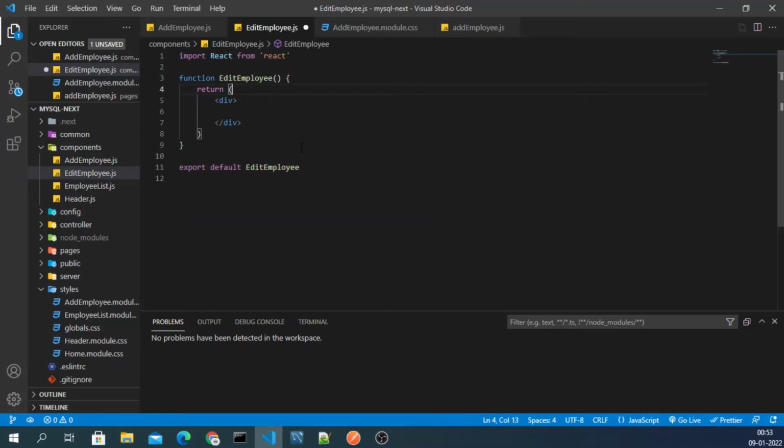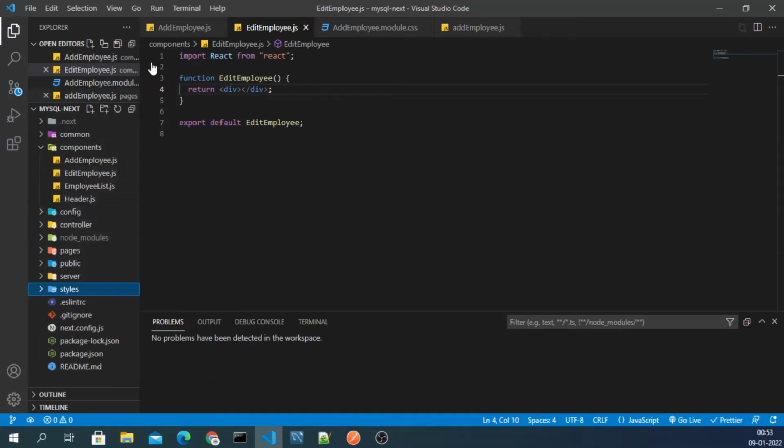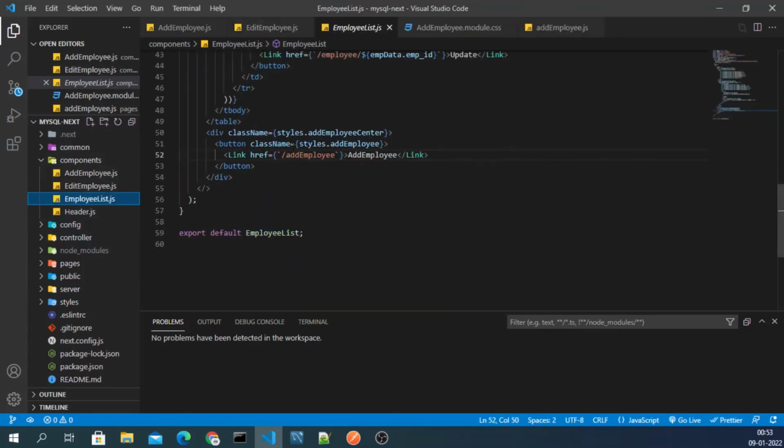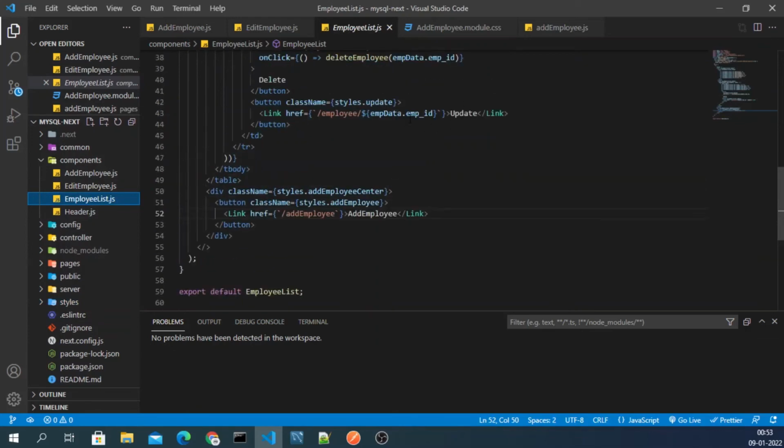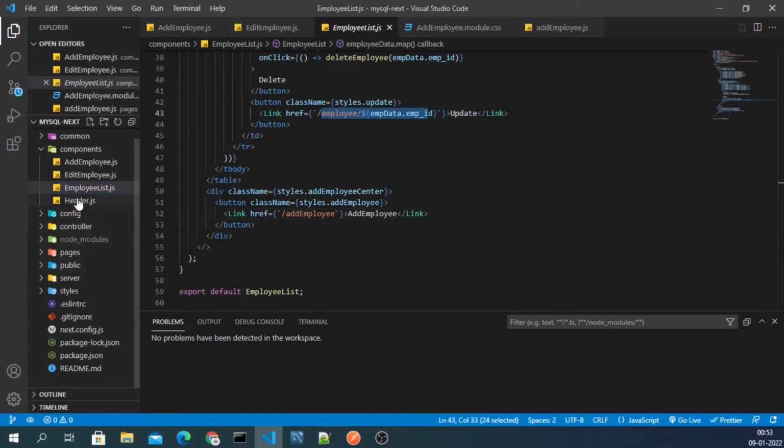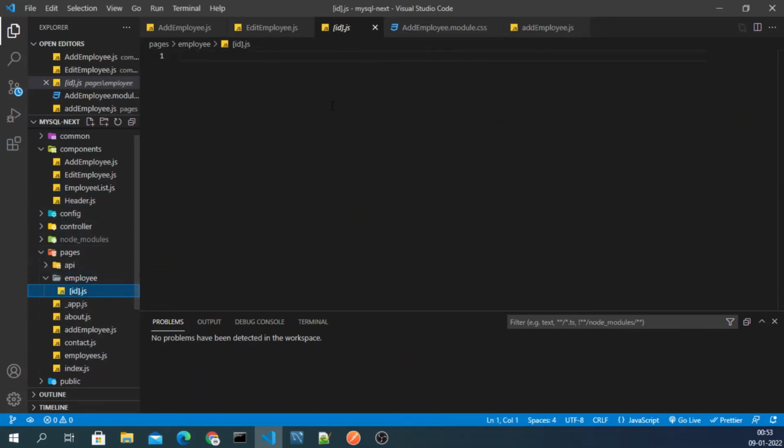Then what we have to do here, first we have to work on its path. When we click on this update, it should give this id to this url path. And this url path is the path in pages and inside employee and id. So